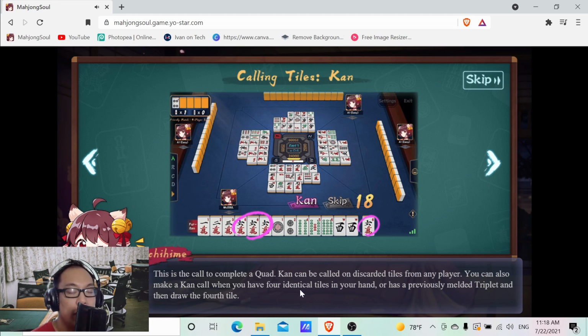Now, one little note, I don't know if they go over it later in the presentation, but I will go over it anyway. So you see this 4 of circles here in this corner. This is the dead wall. So the reason why Kan is so special is because since you have 4 tiles, you'll be missing a tile. So whenever you declare Kan, you will draw a tile from the dead wall, and then another dora indicator will come up. Now, the reason why this 4 is up, I want you guys to keep this in mind, is that this 4 means that the next tile after it